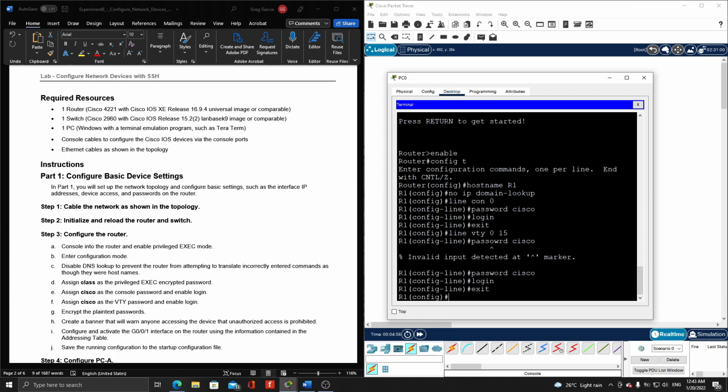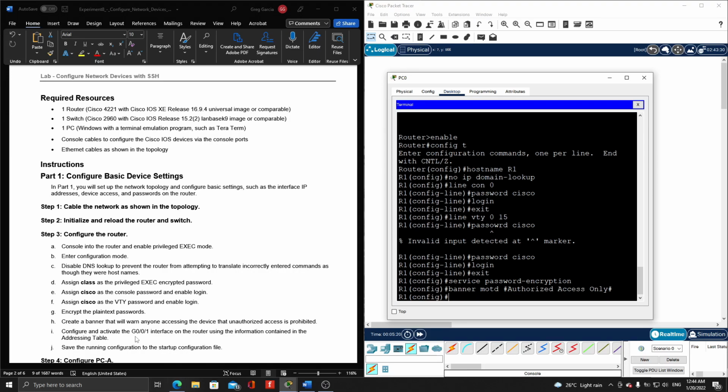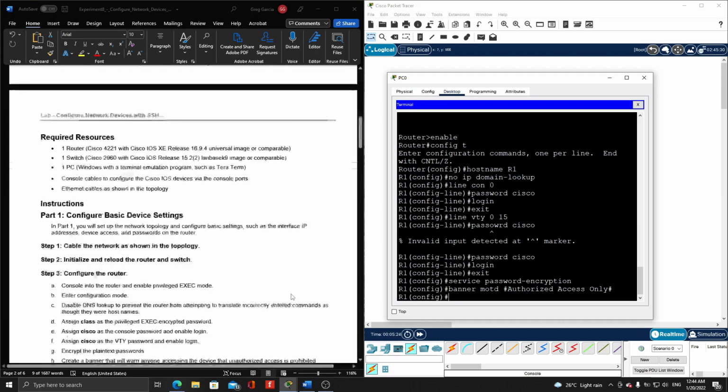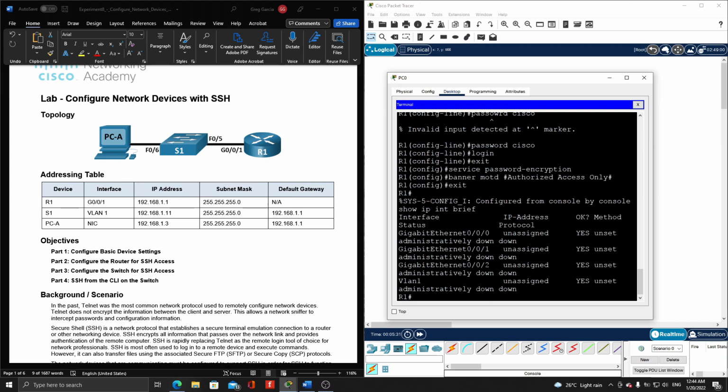Then encrypt the plain text passwords: service password-encryption. Then create a banner MOTD, authorized access only. Then configure and activate the G0/1 interface on the router using the information contained in the addressing table. So exit, show ip interface brief, GigabitEthernet 0/1, so config t, interface